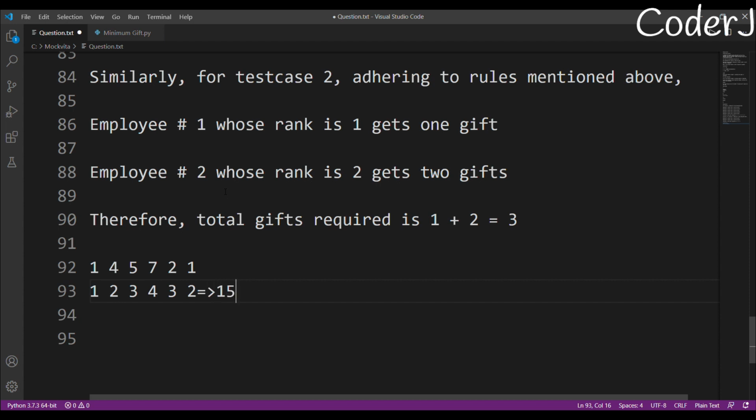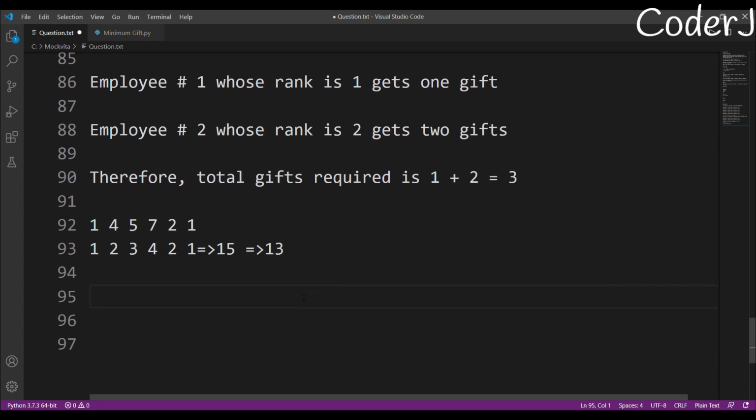And by the way, this is actually following everything that the question is saying, right? Except for the main part. These are not the minimum number of gifts. How? The minimum number of gifts that you are supposed to give is 30. Suppose I give this person only 2 gifts and I give this person only 1 gift, even then I'll follow all the rules that I mentioned in the question, and I'll minimize the number of gifts that I'm supposed to give. So this is where your approach will fail.